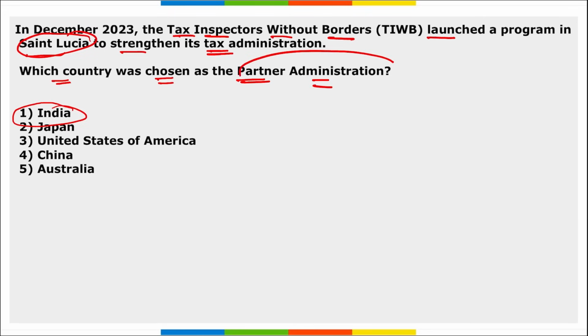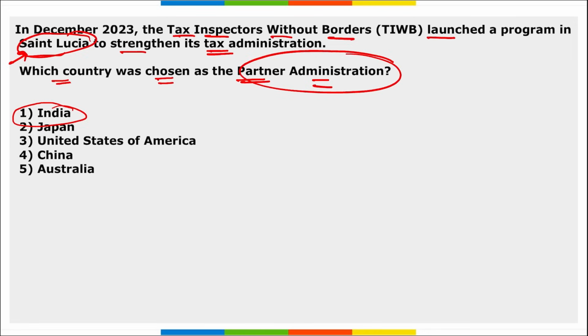As a part of this program, India will be collaborating and helping to strengthen the tax administration in St. Lucia, right? It will be a 12 to 15 months program, and tax experts from India will be helping the